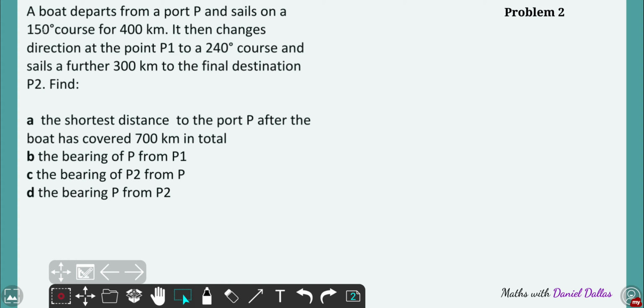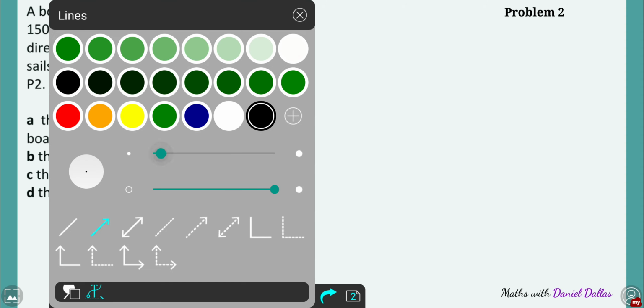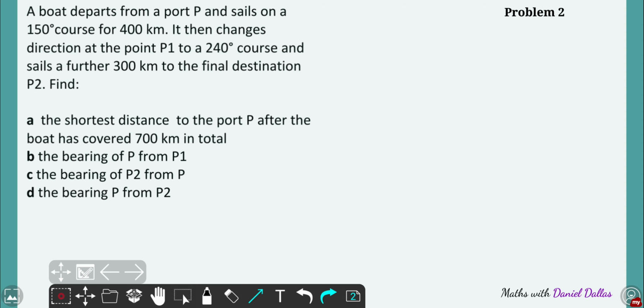So what we have is a boat that departs from port P. So that's why we have the port P first of all. Let's set up this point as point P. Okay, and also let's choose that one, appropriate. So let's set up the initial point P where actually the boat departs, and first it sails on the